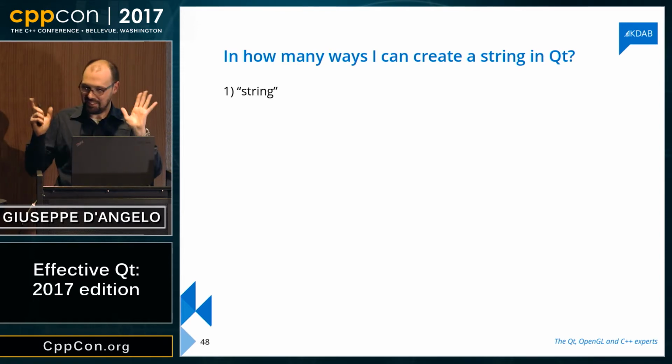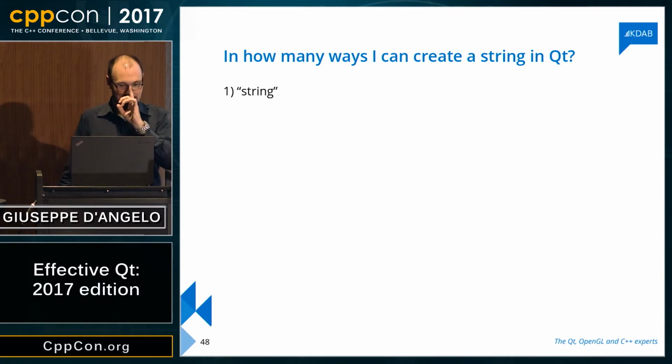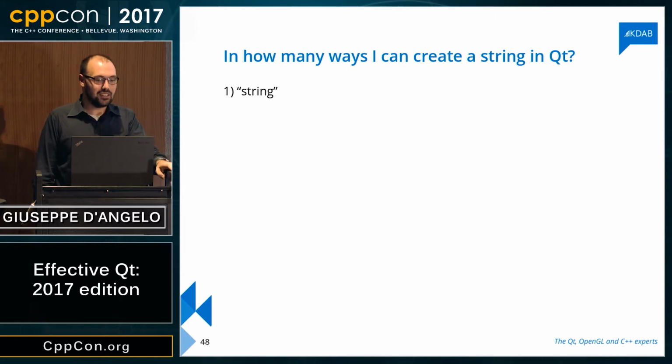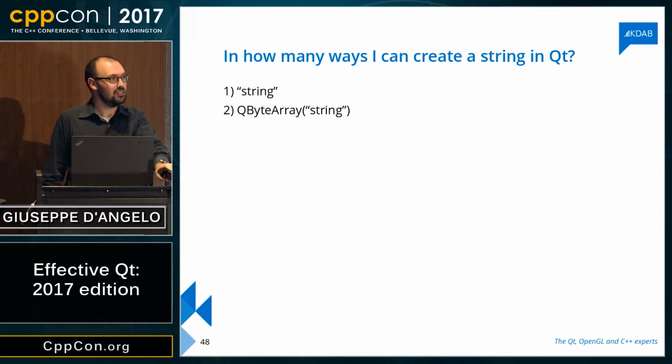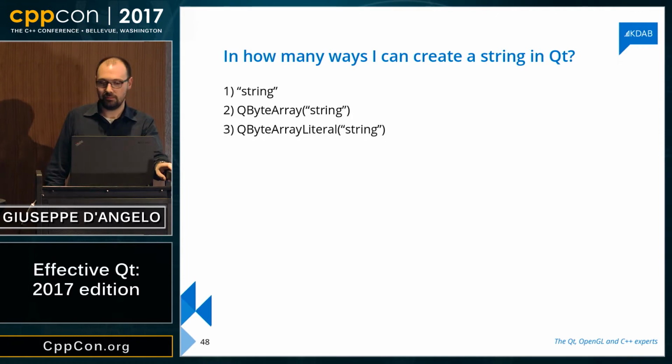Yeah, in fact, this kind of slide is always misleading. So the first way is just the char literal, but I'm not going to consider this because it has nothing to do with Qt. So the first one would be something like QByteArray string, or perhaps QByteArray literal string.